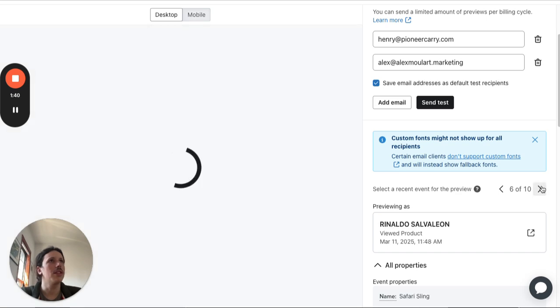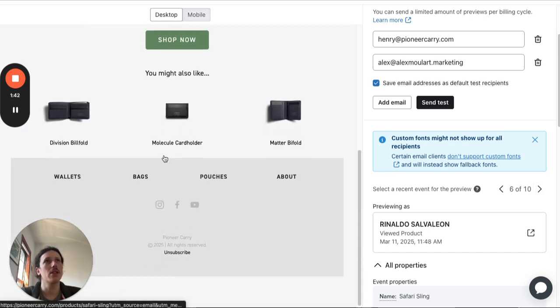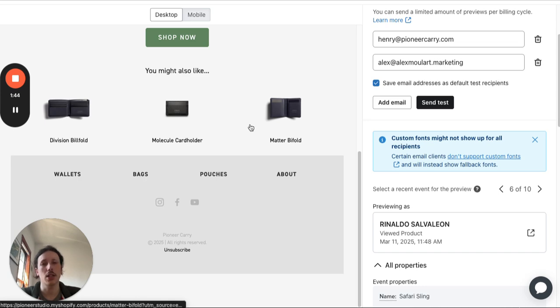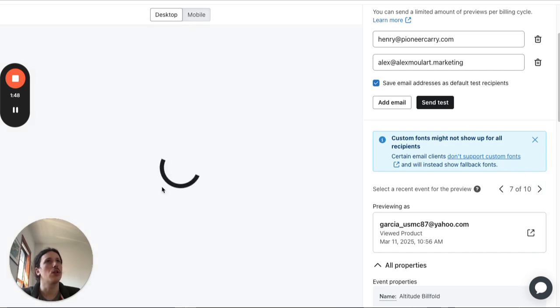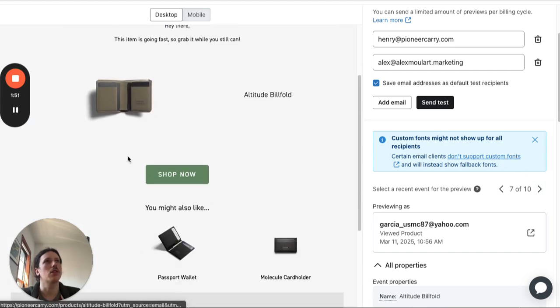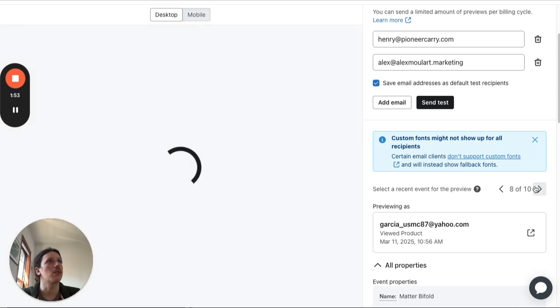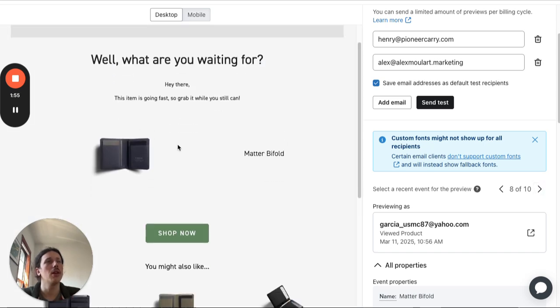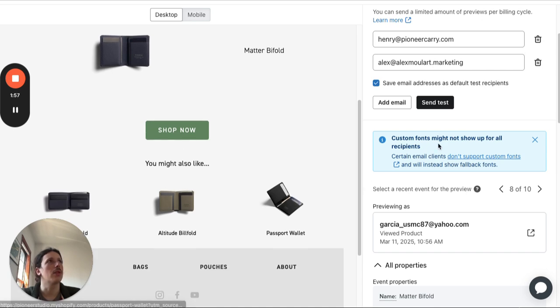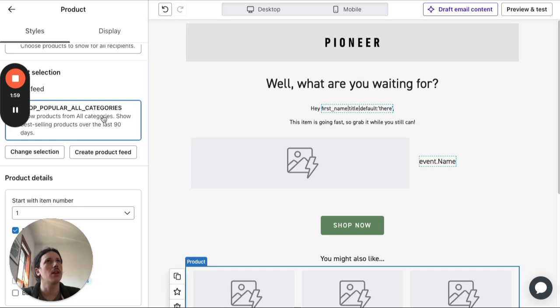So you can see all these events here. We're showing, based on data, the best-selling products, but we're still missing the mark with a lot of these customers that are looking at different products. So you can see it makes sense when it's a wallet. I'm going to stop doing this now because I think you're getting the point, but it's always showing wallets and it's showing the same wallets, which makes sense because if you look at how we've set it up,